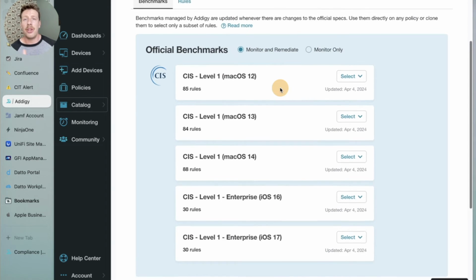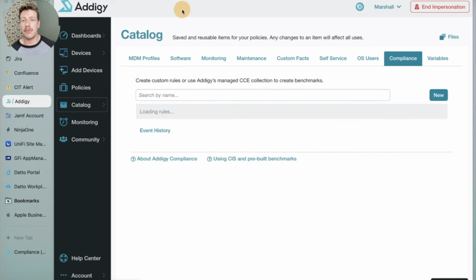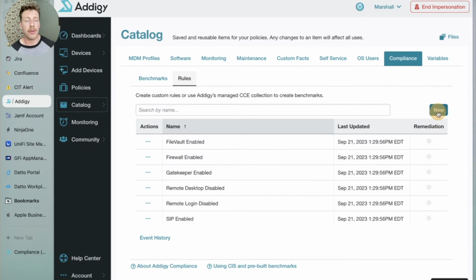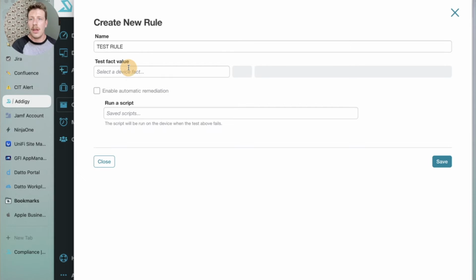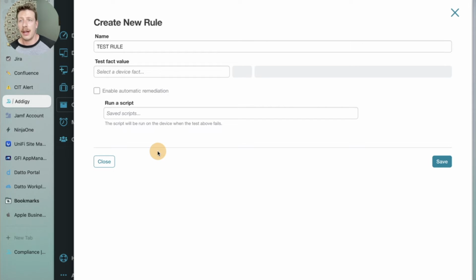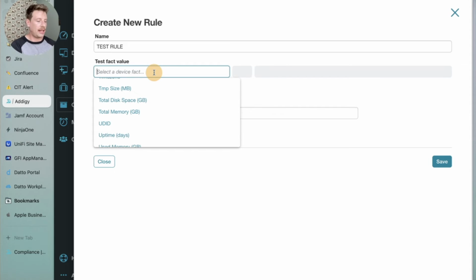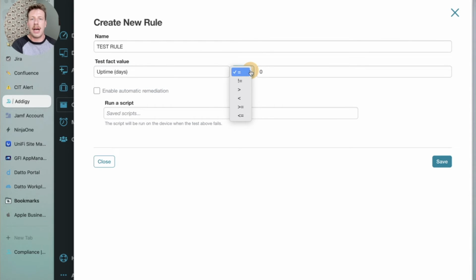So then let's say there's something that you want to do outside of these rules, something you want to be able to check for and either check and remediate or just check. That's where this rules section comes in, where you can create your own rules. If we do New here, you would just name that. Basically it uses two already existing Addigy tools, facts and scripts. So let's say I want to do something outside of what Addigy is doing in their pre-built rules, and I want to make sure devices have a certain threshold of uptime. I could find my custom fact for uptime in days and say that if the uptime is greater than or equal to, let's just say, 30,